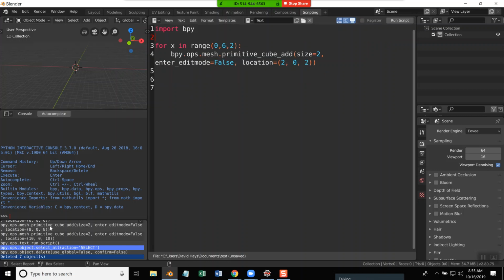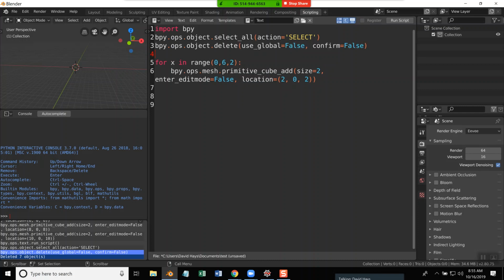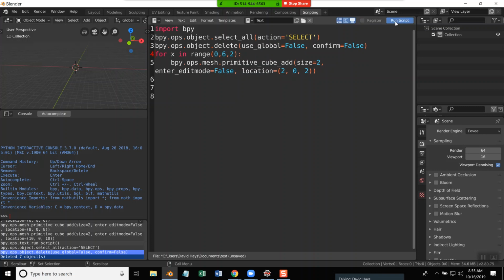Control C. Come over here. Control V, and choose the delete. Control C. Click over here. Control V. Now I won't have to keep deleting those cubes each time. So each time I run it,